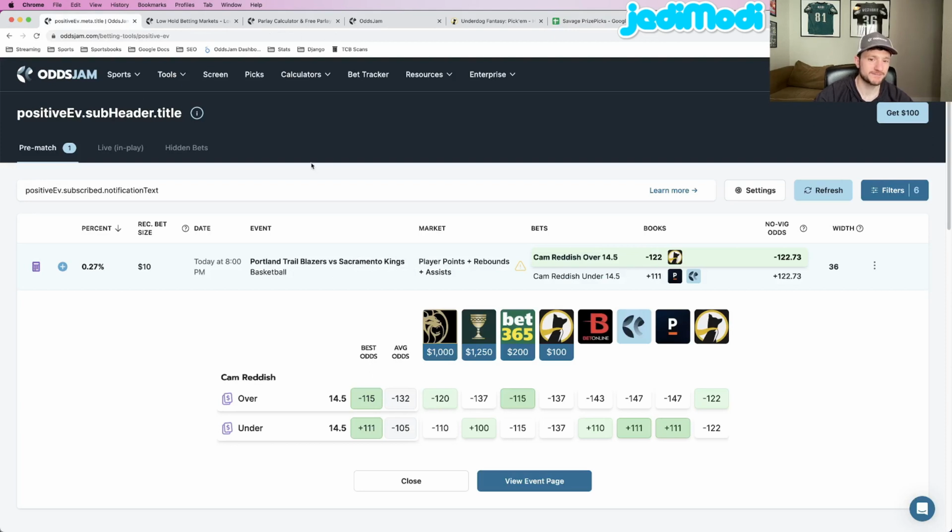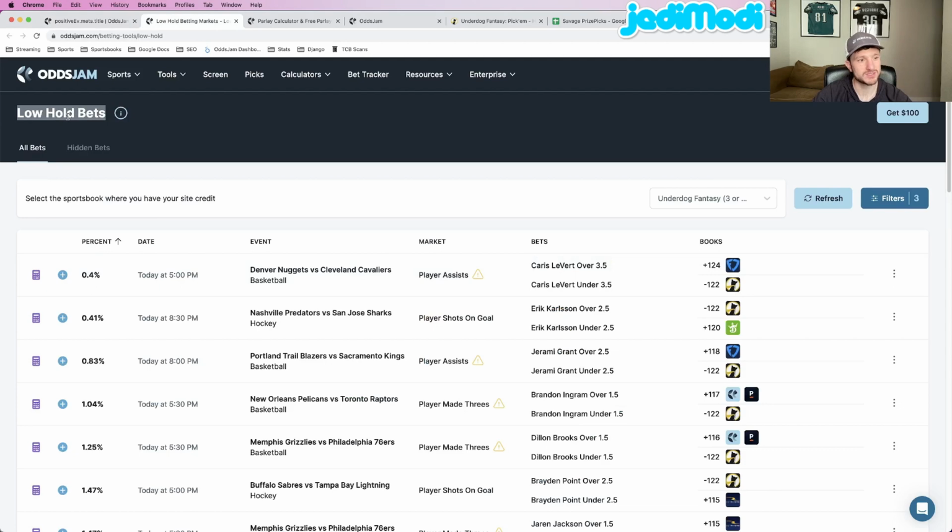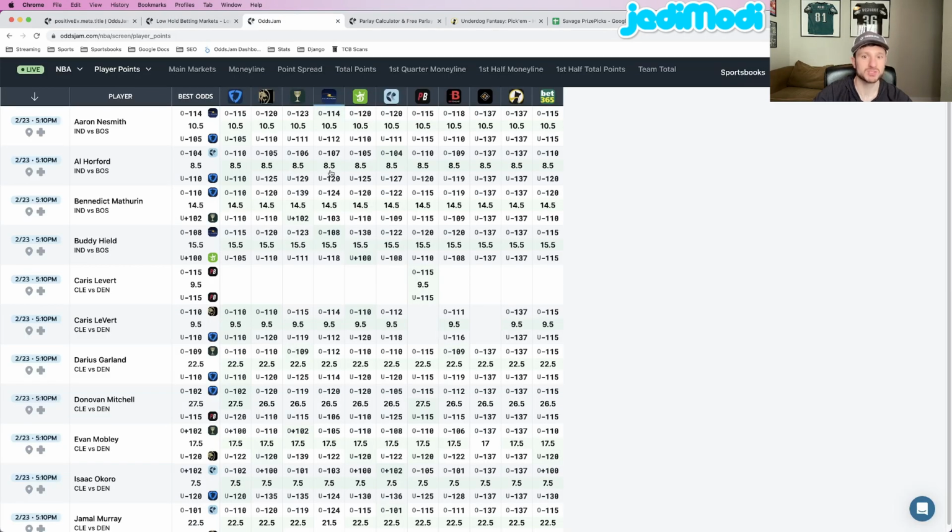There's a bunch of different options from using Oddsjam that can get you to the profitable plays to put. The positive EV tool is one of them. Another one is this low hold page. And then the last one is the Oddsjam Screen. Now I'm going to go through each one and teach you how to use each tool to find profitable plays